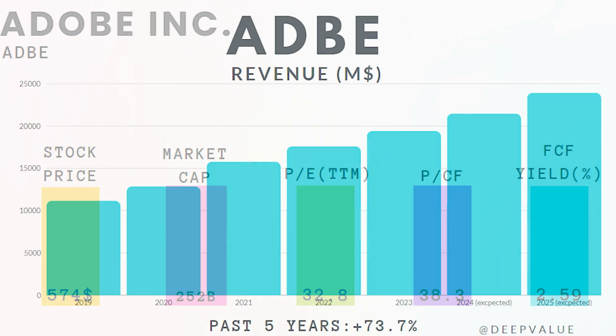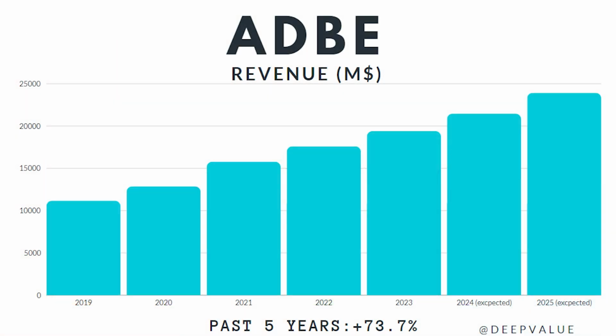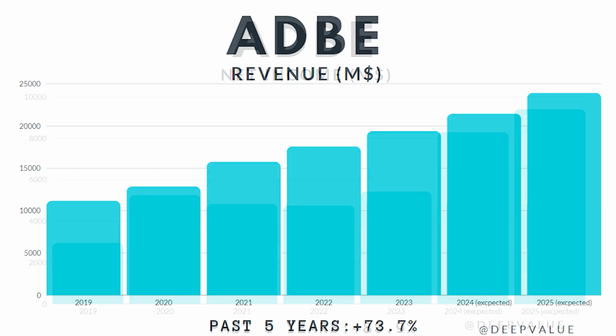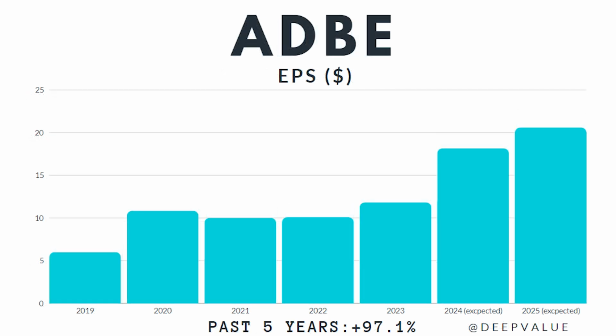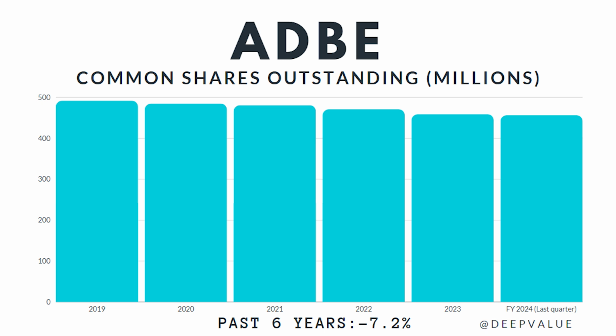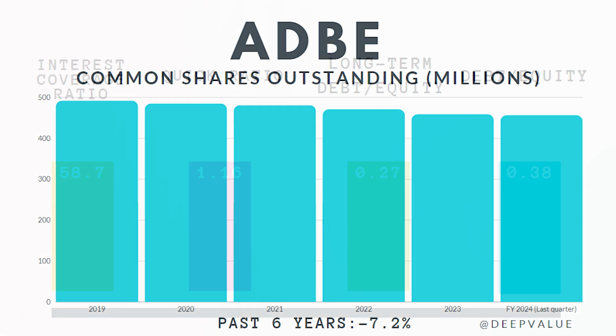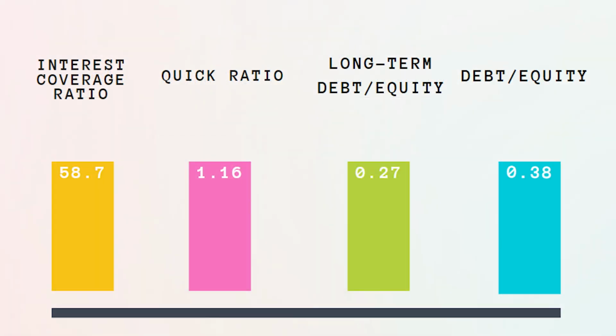Now let's take a closer look at the company's growth over the past 5 years. We can see that its revenue has grown by 73.7%, while its bottom line has increased by 83.9%. In terms of earnings per share, there has been a growth of 97.1%. However, it's important to note the change in the number of common shares outstanding, which stands at 456 million, reflecting a minus 7.2% change. Additionally, the interest coverage ratio is 58.7, suggesting the company's ability to meet its interest obligations